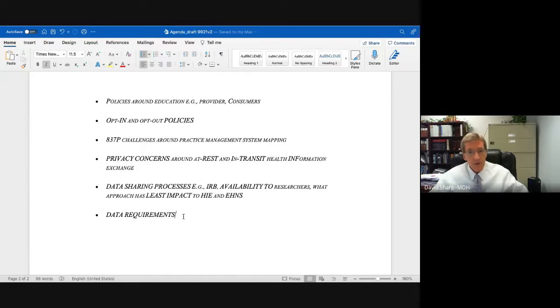We've talked about the sharing process back to the networks for potential use cases that you all might find of interest, where you could have access to the data once appropriately protected and through an IRB process, but there would be opportunities to have access to the data. And then the last item we've added so far was really at Kathy's request, which was, can we talk a little bit about the data requirements? Is the